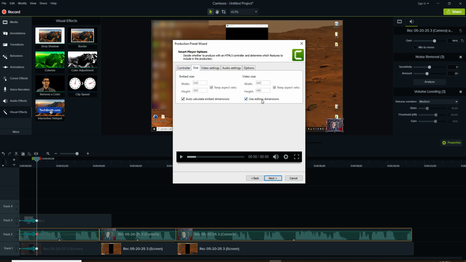Here the size, use editing dimensions that will come from the time when you've recorded the screen, for example. So if you want to have high resolution, as in high definition, use the editing dimensions. Or you can actually select the video size accordingly. Let's say 1920, that option is there, okay? Well, let's imagine you're using the latest version of Camtasia Studio, then you may be able to use 4K resolution